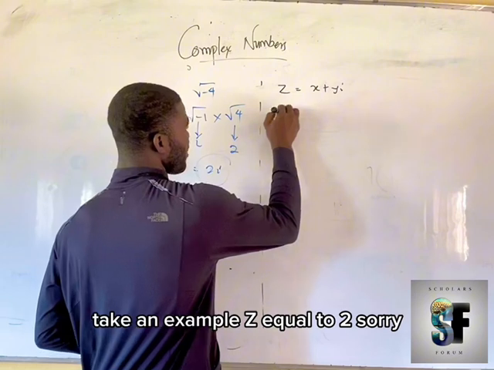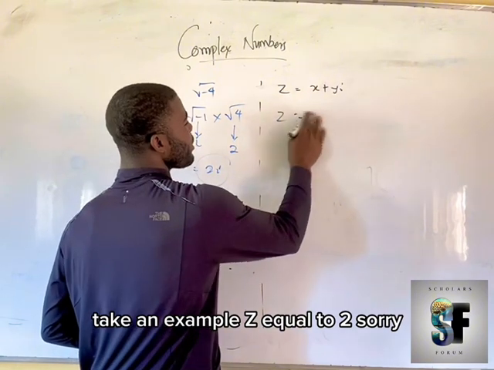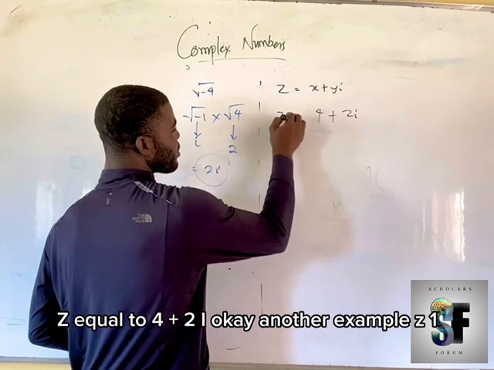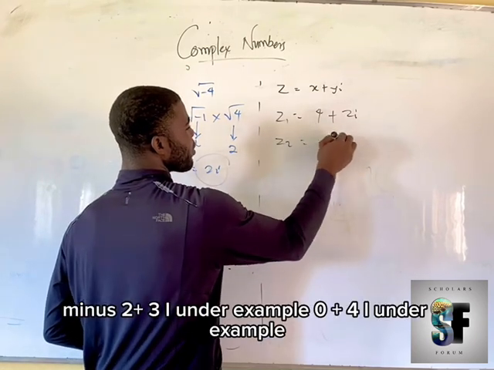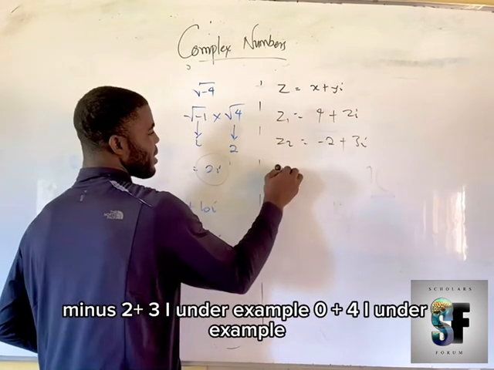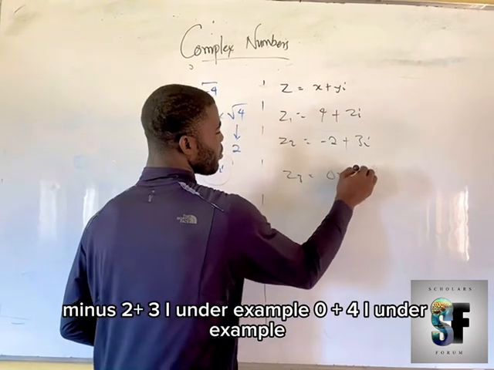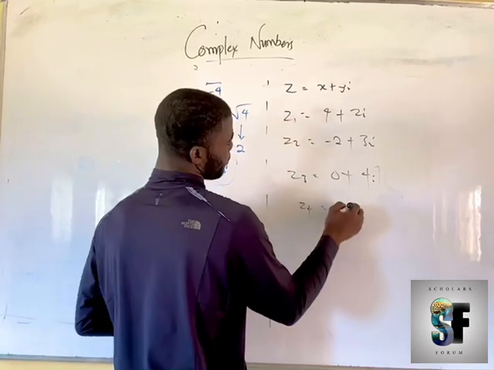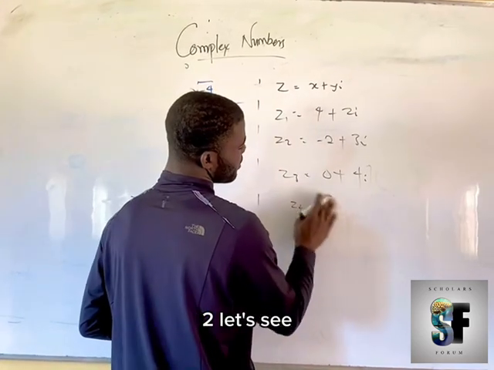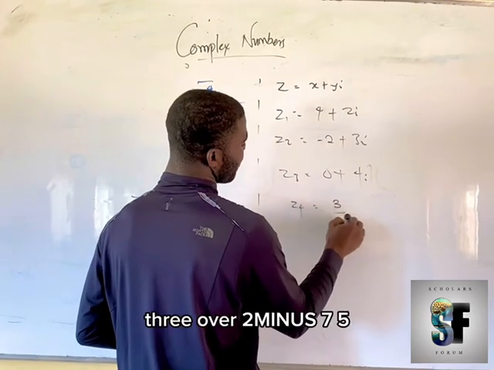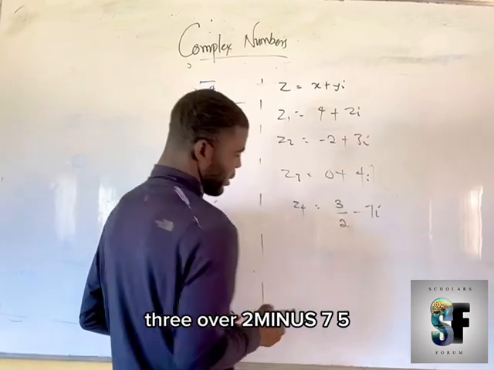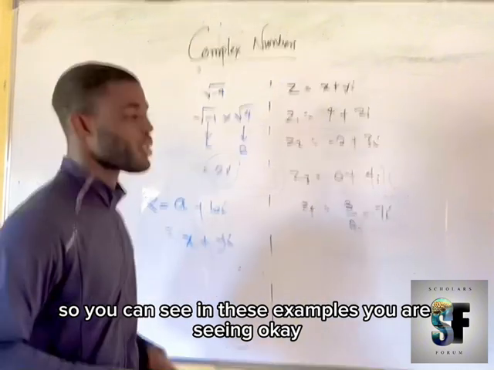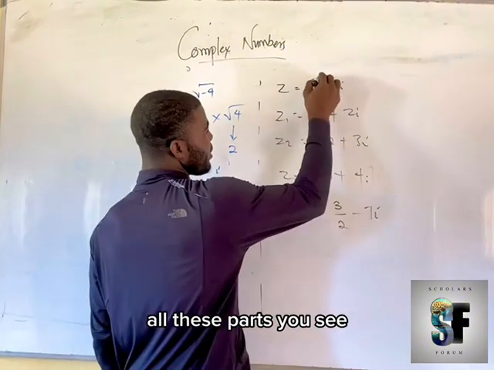Take an example. z equal to 4 plus 2i. Another example, minus 2 plus 3i. Another example, 0 plus 4i. Another example, 3 over 2 minus 7i. So you can see in these examples, every one of these parts you are seeing right here,